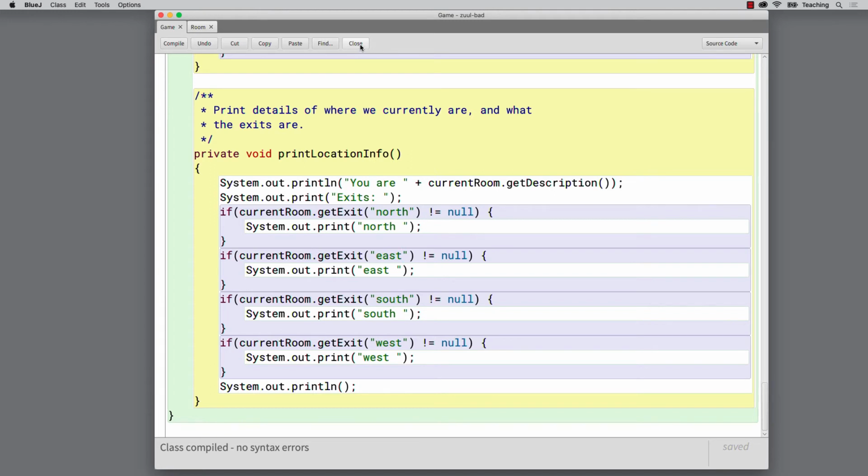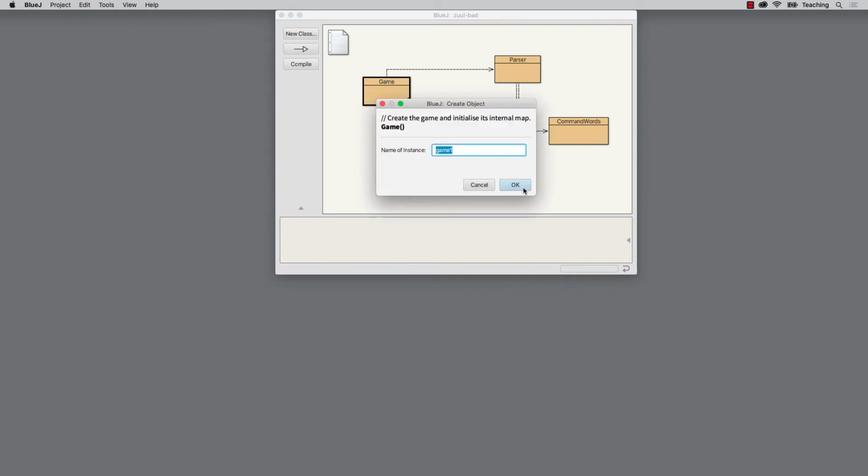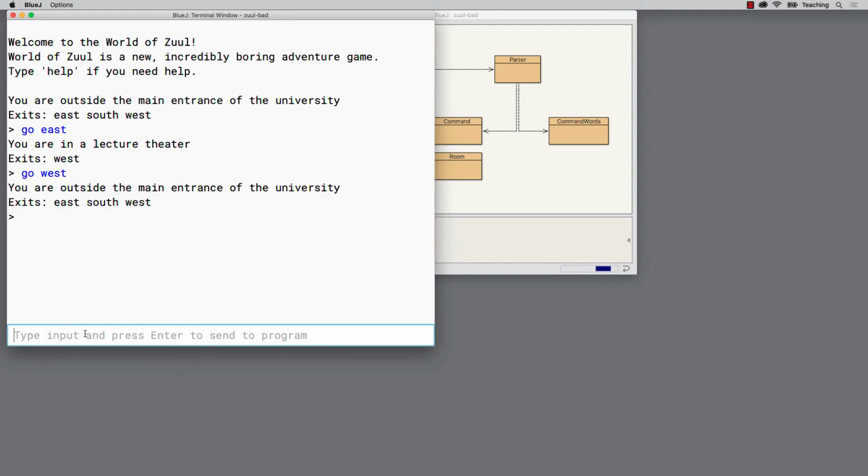The changes that we've made are so significant that really we ought to make sure that we haven't broken anything. So let's run the game. Let's call play. We're getting the location string printed out, so the description of where we currently are, and we're getting listed the exits. Let's make sure that when we go to another room, everything works okay, we'll go east. We're back in the lecture theatre with exits west. So we don't appear to have broken anything,